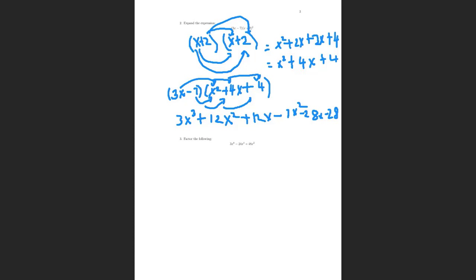So if you look at it, we only have one x cubed term, so we can't really change that in any way. But we have two x squared terms. We have 12x squared and we have minus 7x squared, and you can actually subtract those, so it's going to give you 5x squared, because, if you don't believe it, you can just do it like, okay,